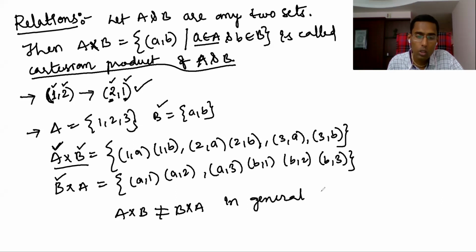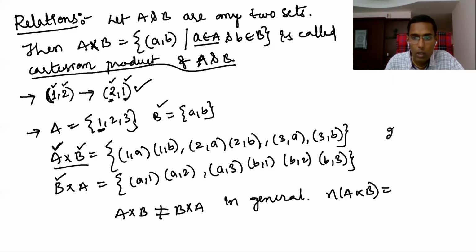In general, I wrote. Okay, this is what is called Cartesian product. So now already we have a question. Number of elements in A cross B, how many? Okay, number of elements in A cross B is how many? So with A, with 1, how many ordered pairs we get? 1A, 1B. With 1, you get how many elements?